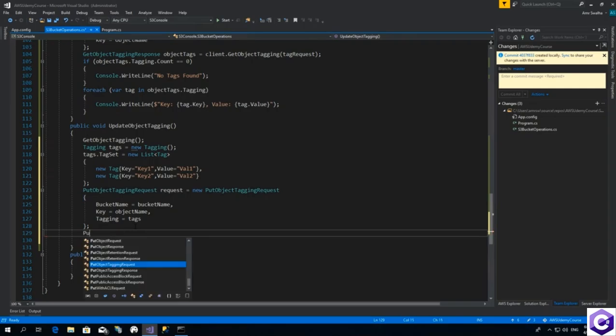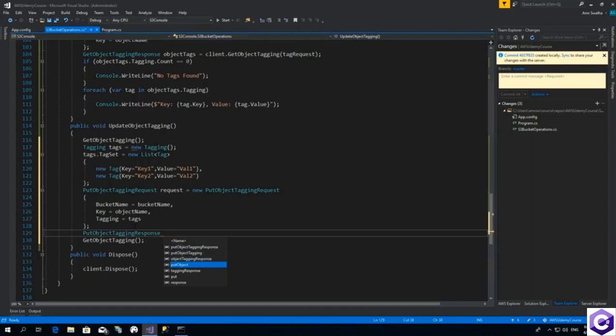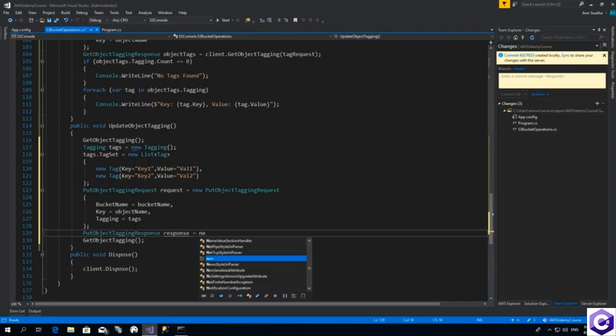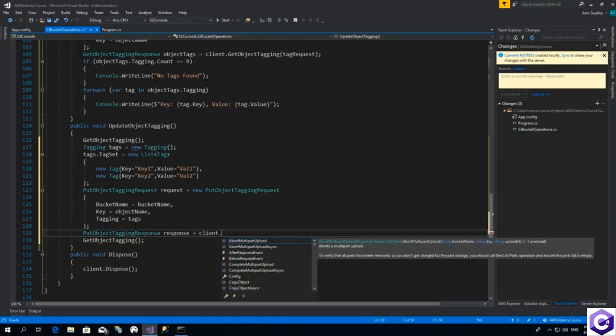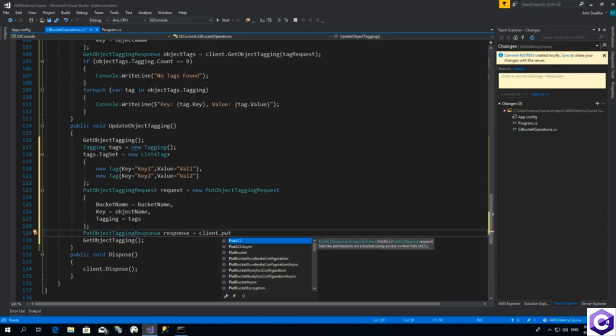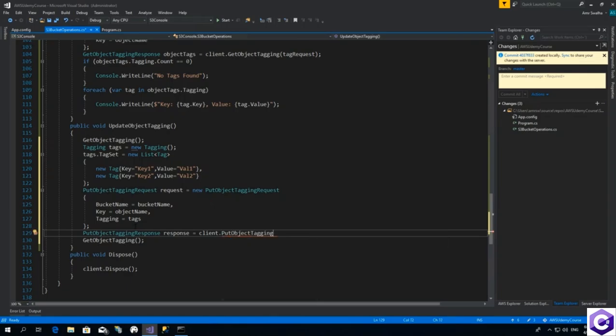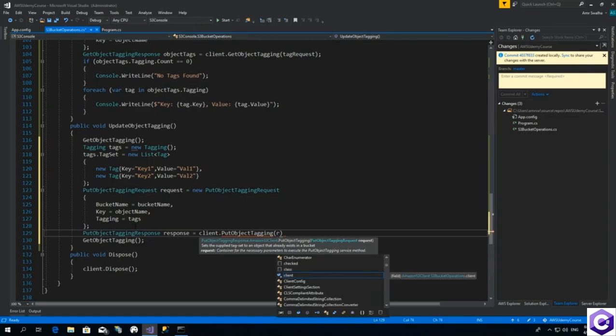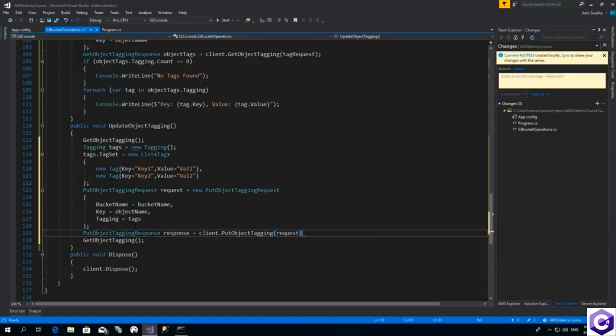Now let's create a new PutObjectTaggingResponse, and this will actually be of client dot PutObjectTagging. And also always remember there is an async version for almost everything. We're going to pass the request,